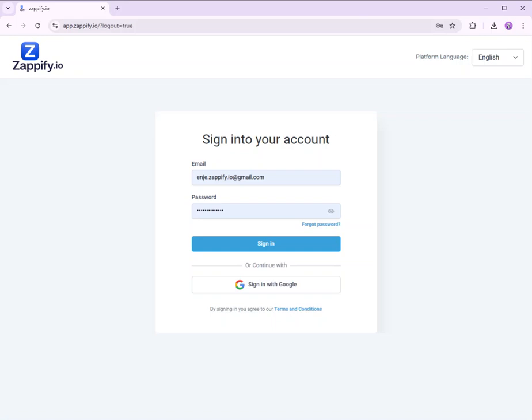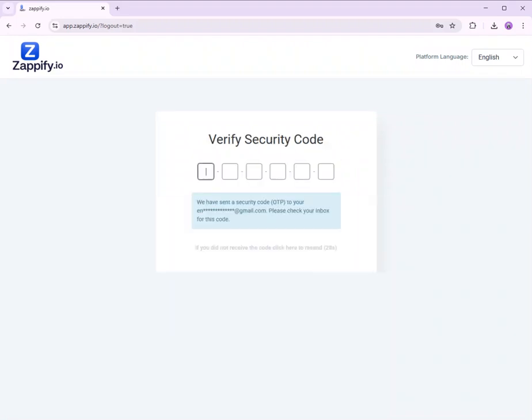So here's the step to how to navigate the Shopify IO sub-account dashboard and understand the overall layout. So first thing first, we have to log into our Shopify account. So here we have a security code that's sent to your email for security purposes.